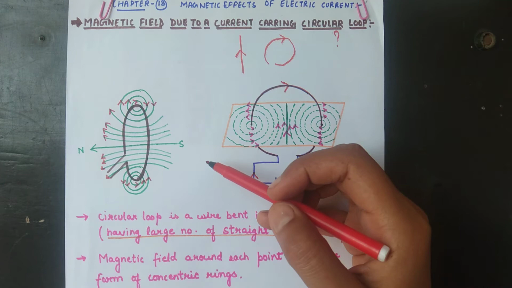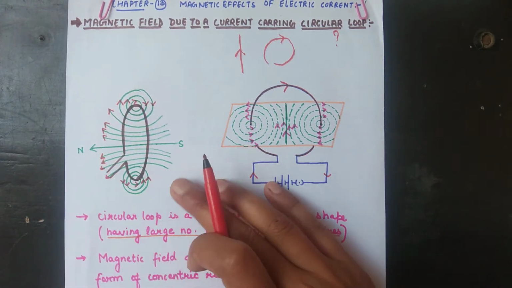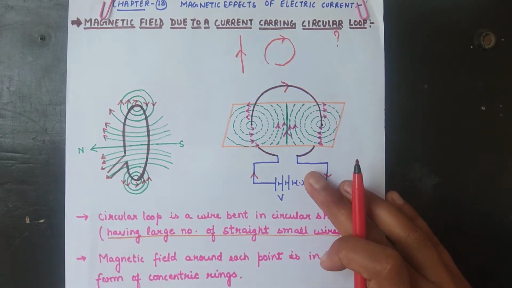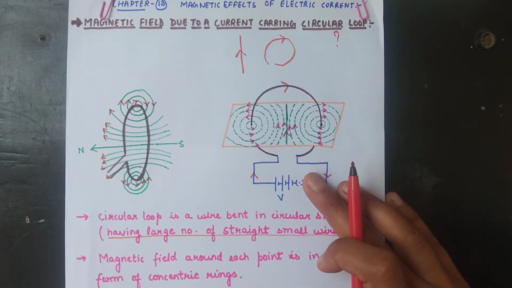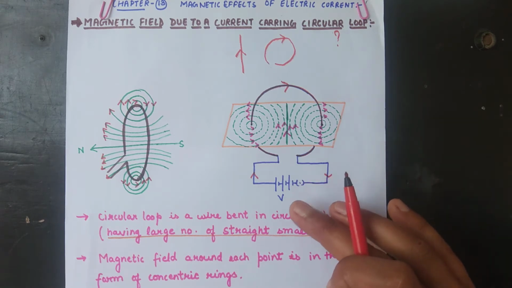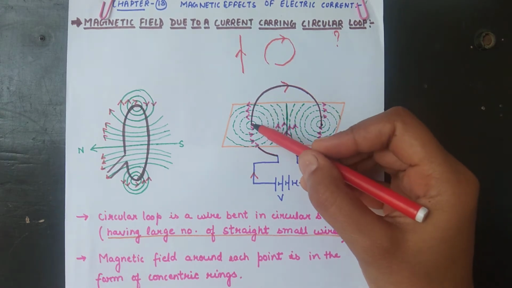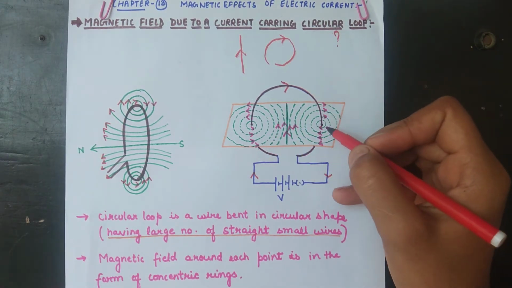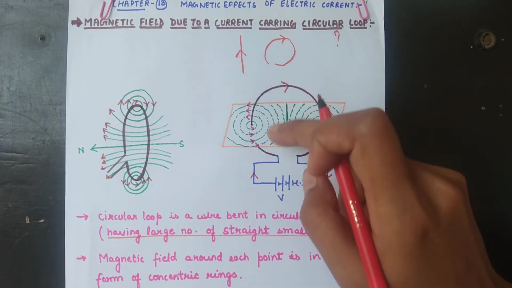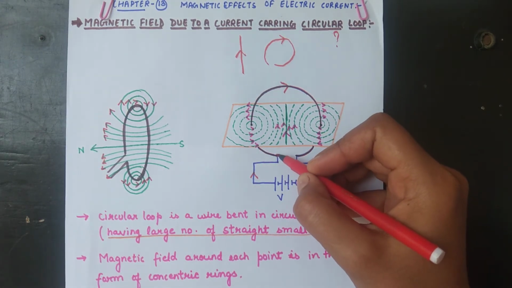Now listen students, let's take an example. There are two diagrams given in your book. We must learn how to detect the magnetic field due to a current carrying circular loop. In this, we take a piece of cardboard and make two holes inside it. Now we fix the two ends of the circular loop in the holes.